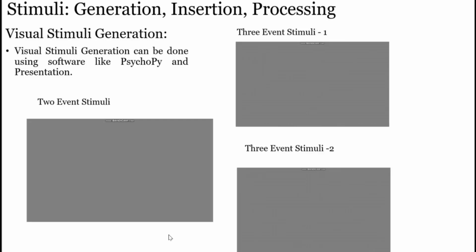We'll quickly see a small glimpse, a 30-second interval, of these three event stimuli, in which the blue one is the standard, the yellow square is the deviant, and the checker box is the distractor. I'll play the video for you first, and after this video we'll see the final video. This video has been used by researcher John Polich, who has done a lot of work on the P300 event related potential, which is also a visual evoked potential. I will play the videos one by one, and once they have played, we'll discuss further.